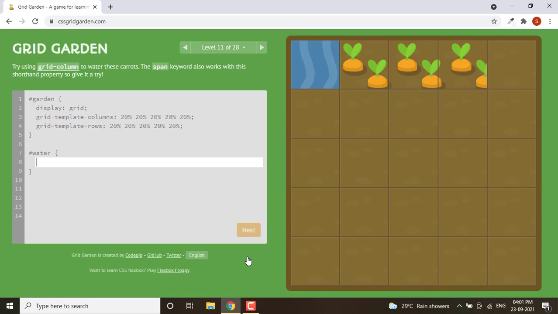So, grid-column. Hmm, span. One, two, three, four, five. Okay, start and end. Okay. So start